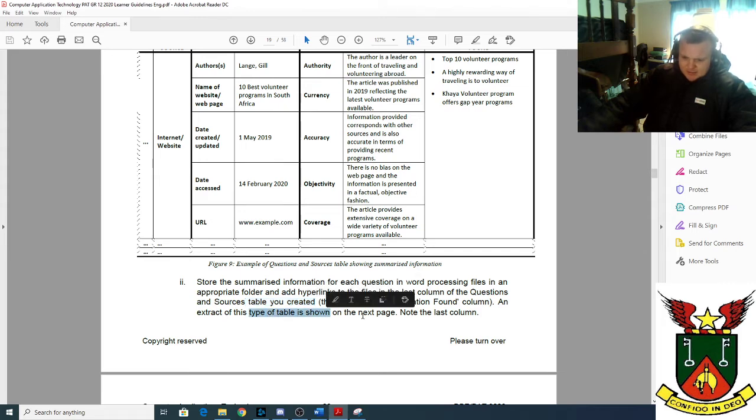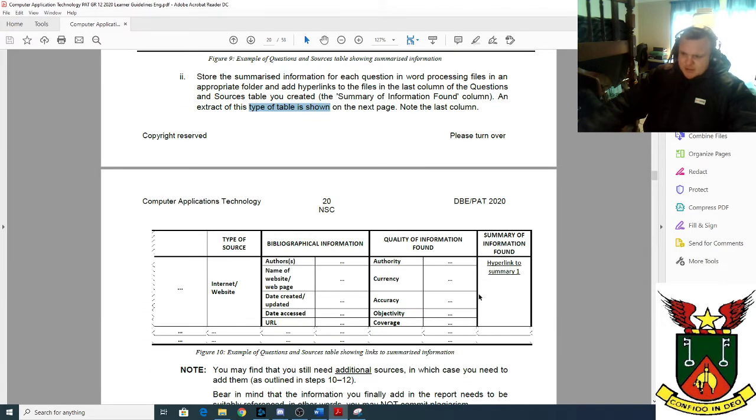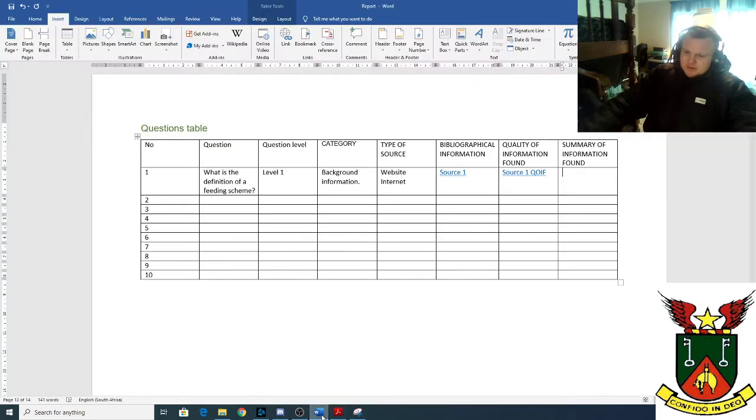An extract of this type of table is shown on the next page. So here also they have inserted a hyperlink. It's up to you. We have inserted hyperlinks here. You can also insert the hyperlink here, or if it's not that much, I like to type it there, then you can quickly just read the question and you can quickly just read the summary of information on that specific